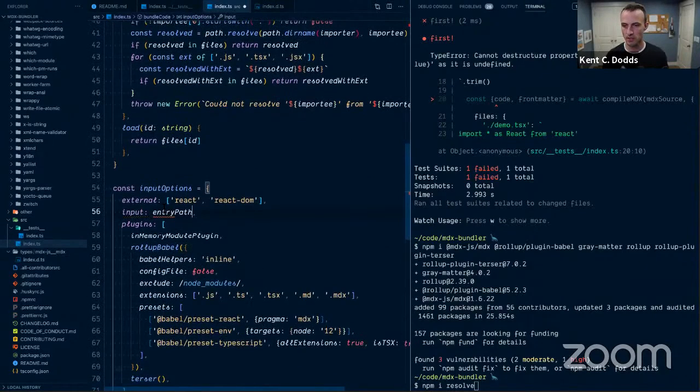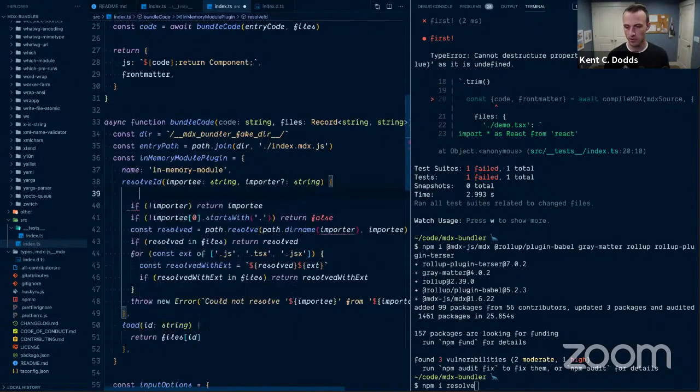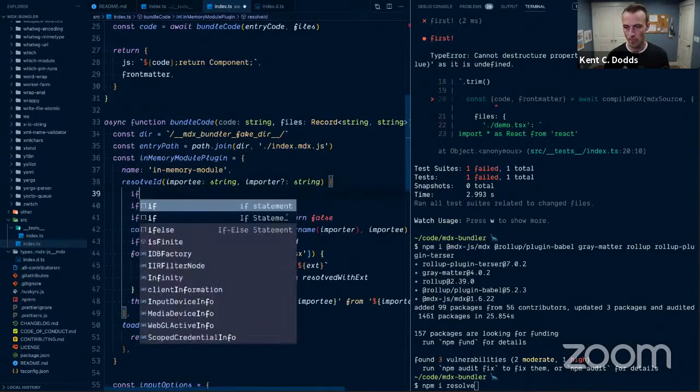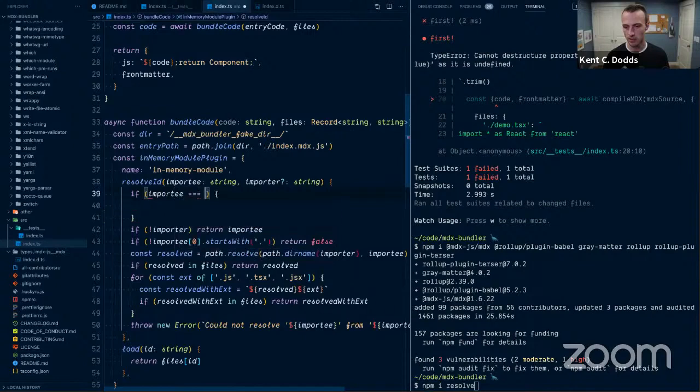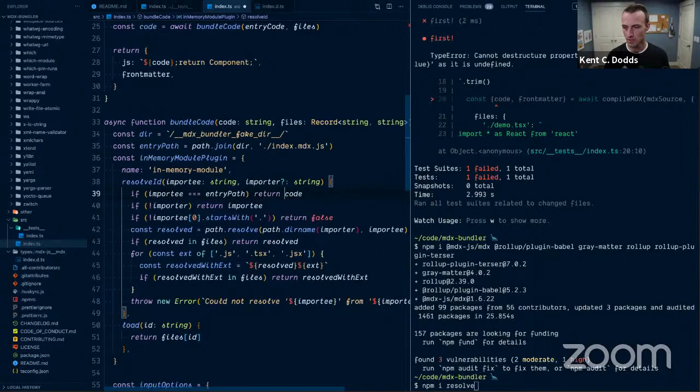Yeah, so entry path. Okay, so we're going to do one other thing, and that's say if the importee is the entry path, then we'll return the code. Or no, we return the